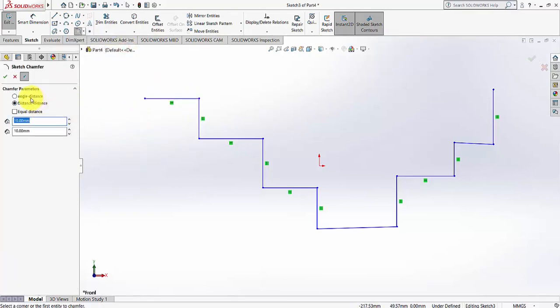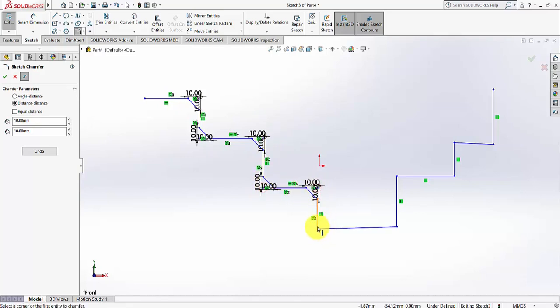It has two options available, as you can see, angle and distance, and the second is the distance to distance. Distance to distance mean distance from this corner point, the horizontal distance on this line and the distance on this line. Whenever I click on this point, it will be converted into the chamfer form, same like that. And again I'm clicking on this point, and this will also be converted, and this point, and it goes on. The radius and the distance which have been